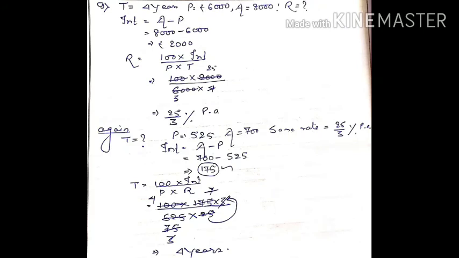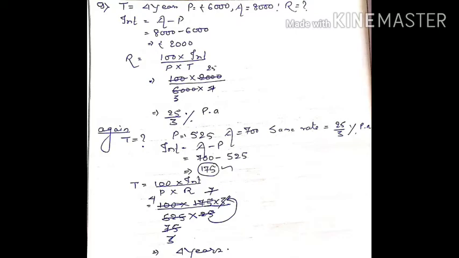When you read question number 9, two questions are attached. Okay, up to first part there is first question in which time is there, principal is there, amount is there, you have to find rate. Okay, after finding rate, that value you have to put in second part. So 2 times we have to solve.